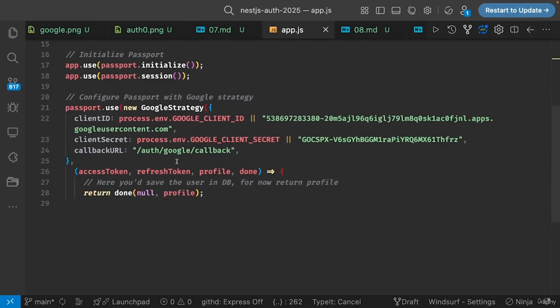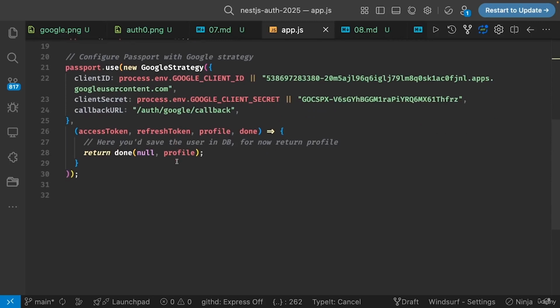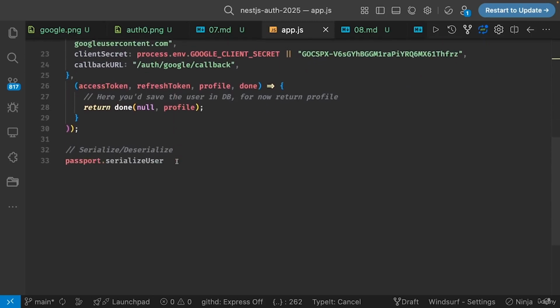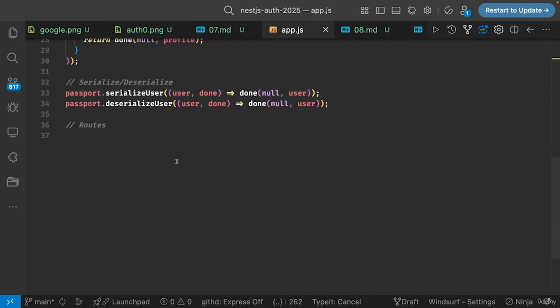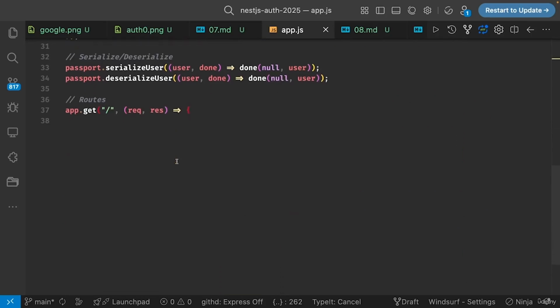So this is where you will get a profile. You can persist it in the database. It's just a simple sample demo. Here we are doing serializeUser and deserializeUser, how to save the user into the session or extract the user from the session. So these are the simple routes which will provide us, okay, response.send auth login, a simple HTML